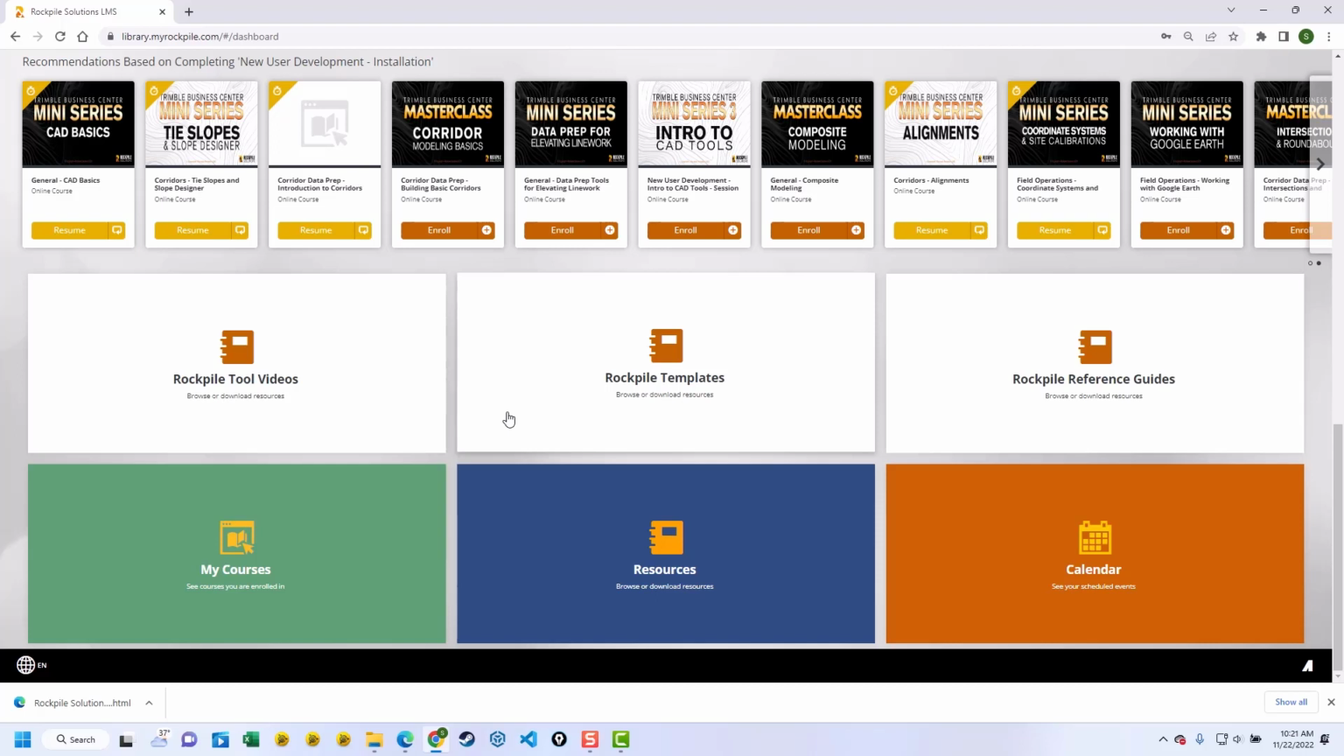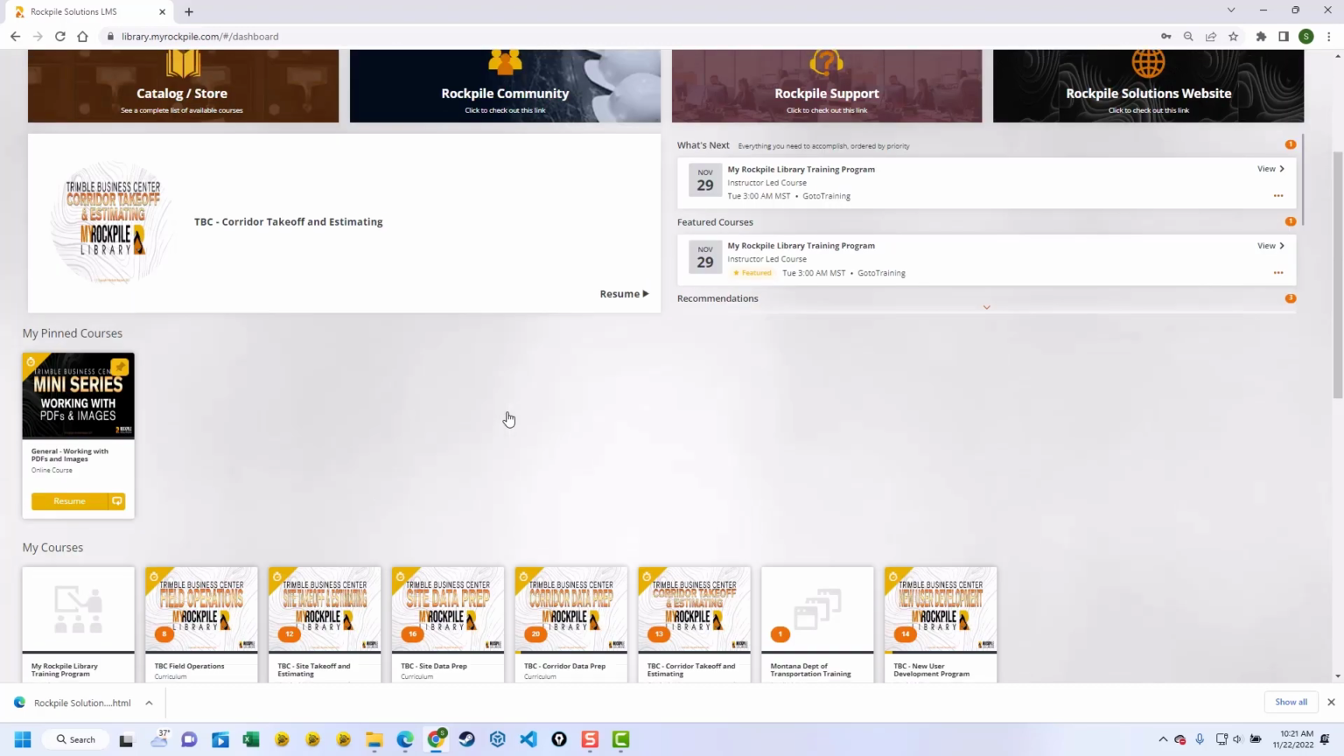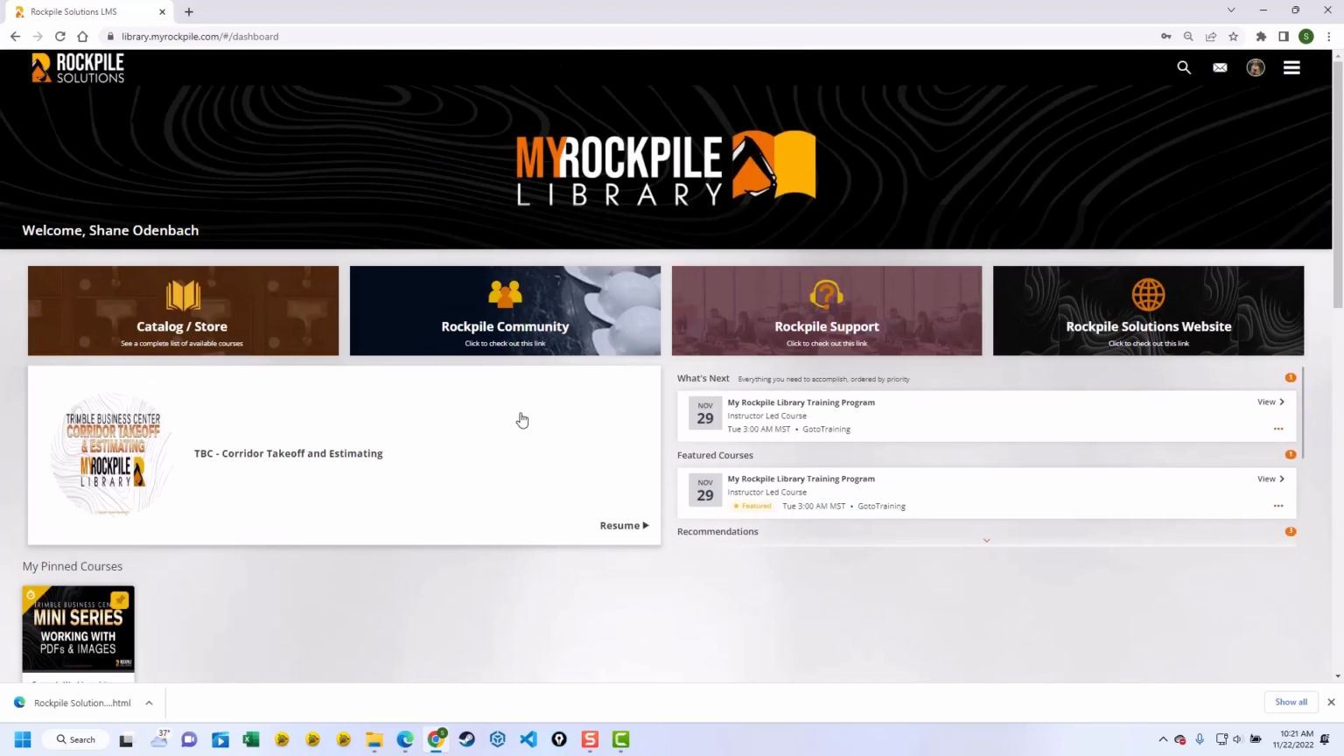And I'll continue to build this out over time as I find new information that I think is broadly useful to everyone. I'll put it up here on the library so that the library can really become kind of a one-stop shop, if you like, for TBC and information related to TBC. So that's an overview of the Rockpile library. I hope you found that useful, and